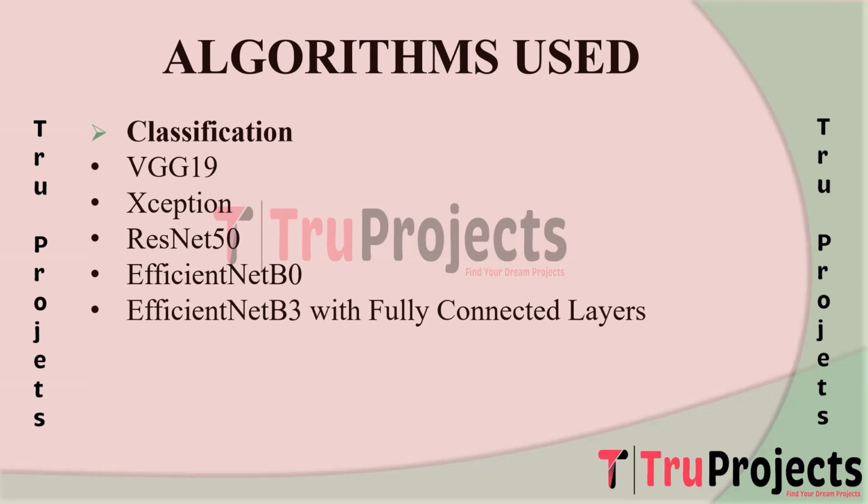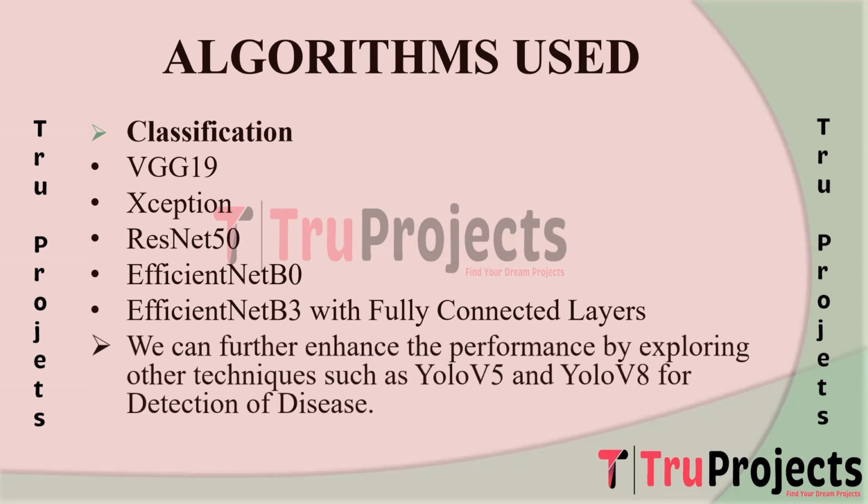EfficientNetB3 with fully connected layers. The EfficientNetB3 model, augmented with fully connected layers, allows for fine-tuning and customization. These additional layers might adapt the network's learned features to the specific task of leukemia white blood cell classification, potentially improving performance. We can further enhance the performance by exploring other techniques such as YOLOv5 and YOLOv8 for